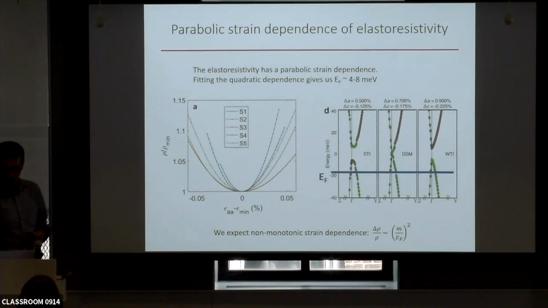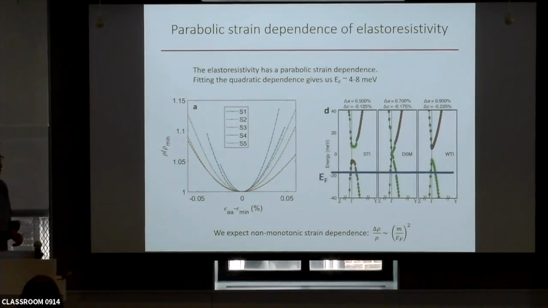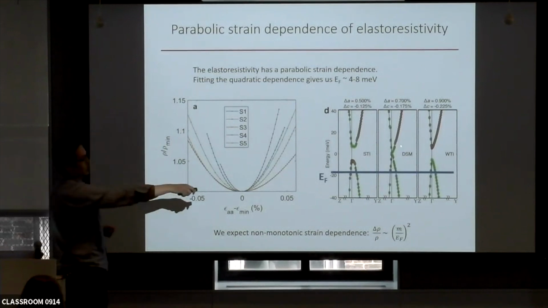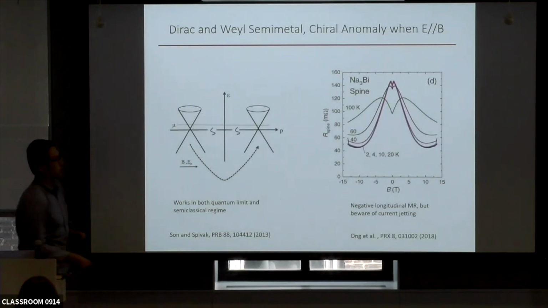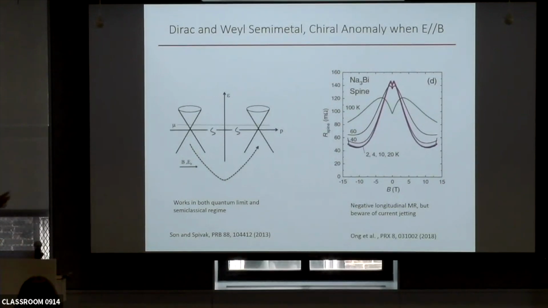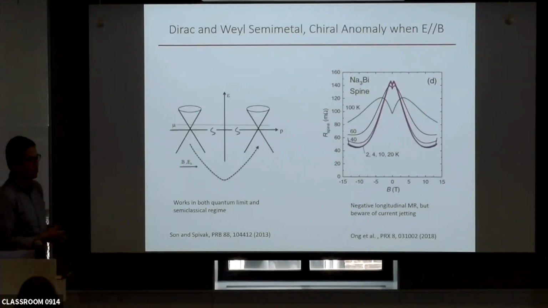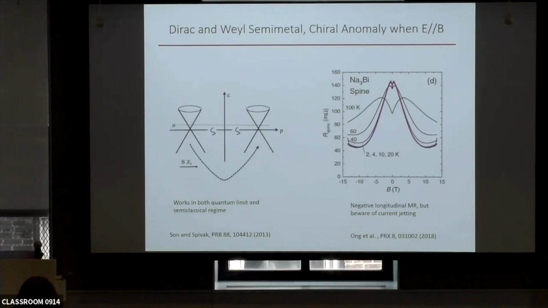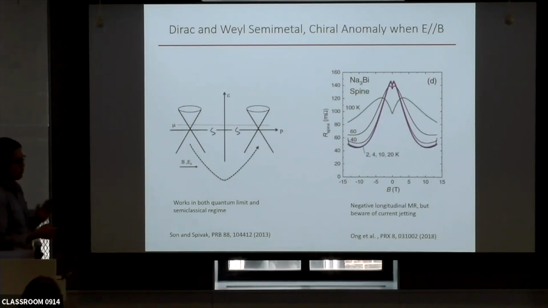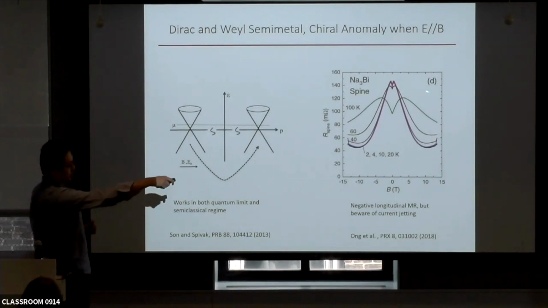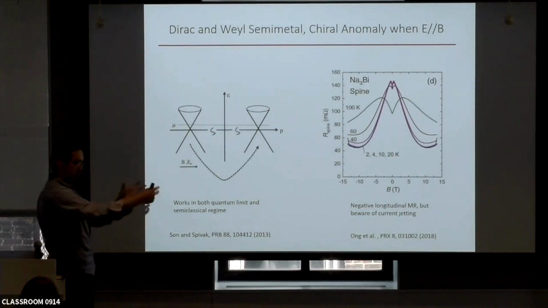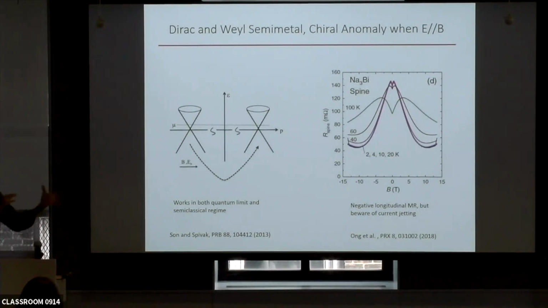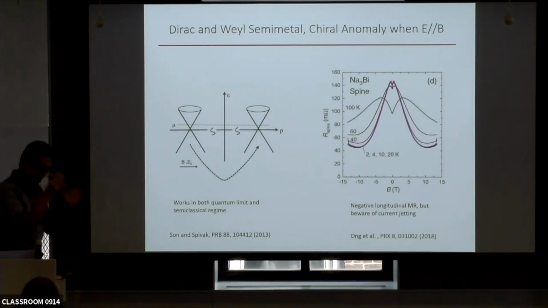The other consequence of sitting at this massive Dirac semimetal is that you may see the chiral anomaly, and I guess I don't need to introduce the chiral anomaly since it has been introduced many times. I just want to point out that there's some ambiguity associated with it, because current jetting may result in a similar phenomenology, the negative longitudinal magnetoresistance. So you need to do a very careful contact geometry to make sure that you're not measuring current jetting,